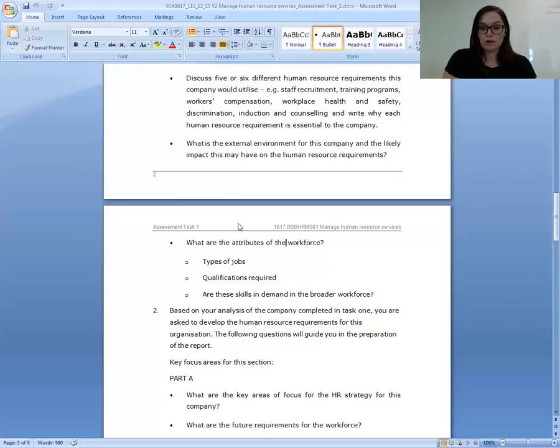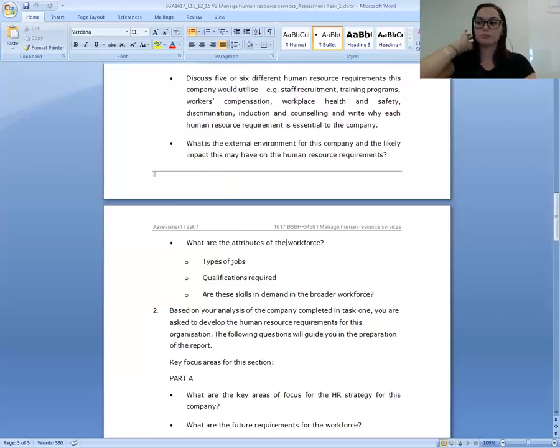And with those jobs as well, think of the skills that are required in that actual job role, and are they required in the broader workforce? This is where we're going to be talking more about transferable skills. So whether a skill is transferable to another job, even if it's in a completely different industry. A really great example of that is customer service. You can learn that when you're 15 years old in hospitality and then move that on 20 years later in retail or marketing, anything at all like that, because that's a transferable skill. So this is something that we definitely want you to have a think about with those skills in demand in